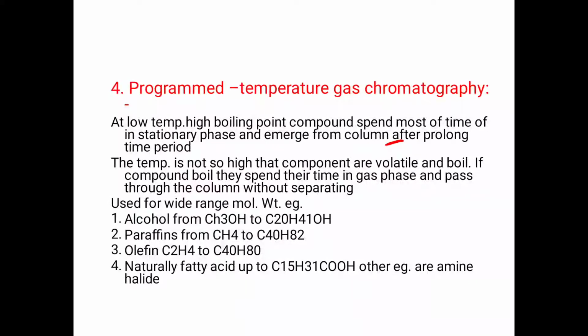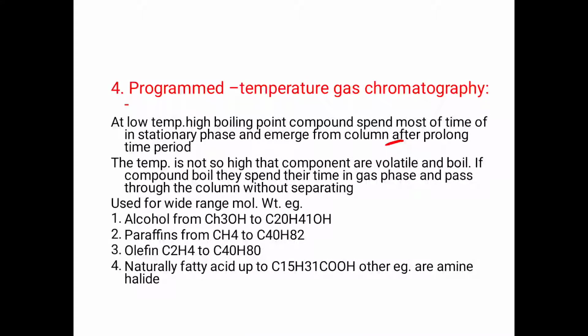If a sample contains compounds with widely different boiling points, a suitable single temperature cannot be found at which each component spends a reasonable fraction of the time in the gas phase. Therefore the problem is overcome by using a program temperature procedure. In this method, the sample is injected into the column in the normal way and the temperature of the column is maintained at some suitable low temperature, such as 50 degrees Celsius, during the injection, and then the temperature of the column is increased at a controlled rate, for example 20 degrees Celsius per minute.